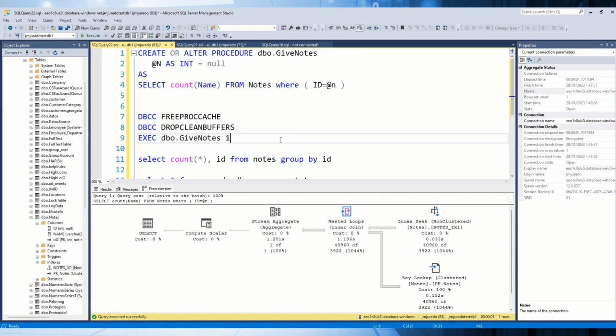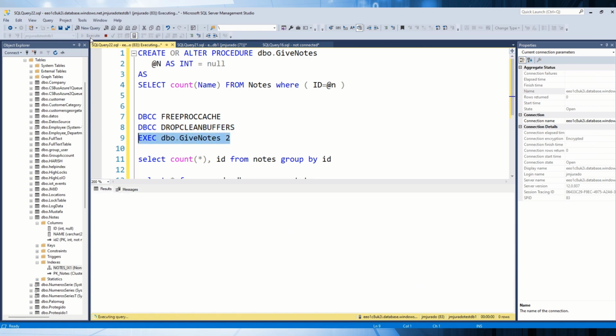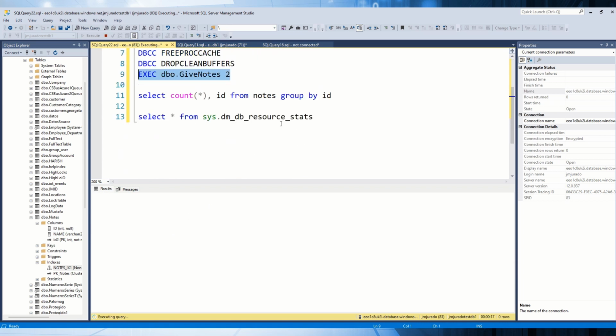What happens if I change the value to the number 2? Well, first I'm going to clean the buffer pool, because if I run the query right now with the data we have in the buffer pool, most probably it is going to take a few seconds, because the data is already in memory and there is no need to do too much work. Also, one second,